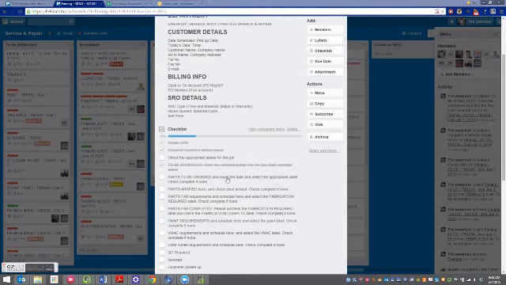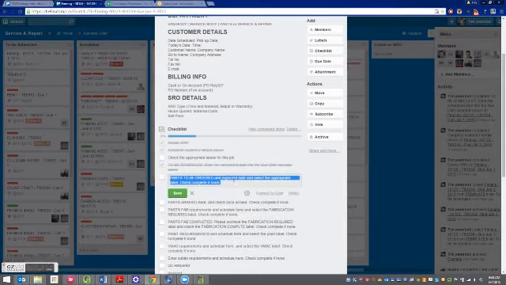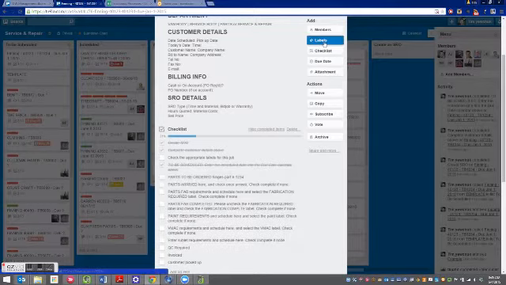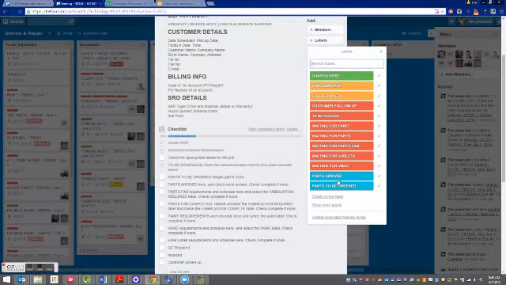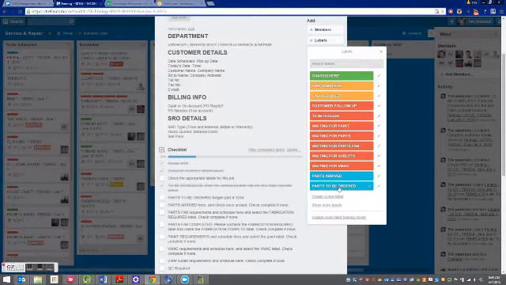You're going to notice the checklist and the labels features. An example would be when the job requires parts to be ordered. You're going to want to go into the task and put the description of the parts to be ordered and click Save. Then you're going to want to update this card's labels and put parts to be ordered,